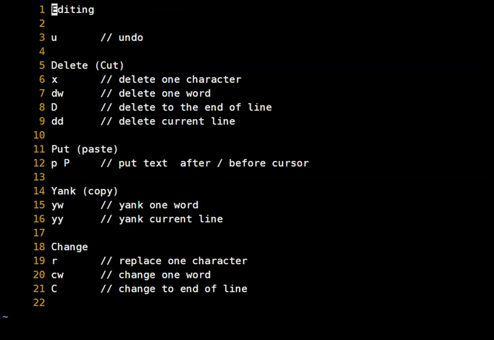Now we're going to talk about editing in vi. And the first command we see here is u for undo, and we'll be using that a lot in this video. So let's start out by talking about delete. Now delete is similar to cut. You can think of whenever you delete a character, a word, a line, that it's being put somewhere on a